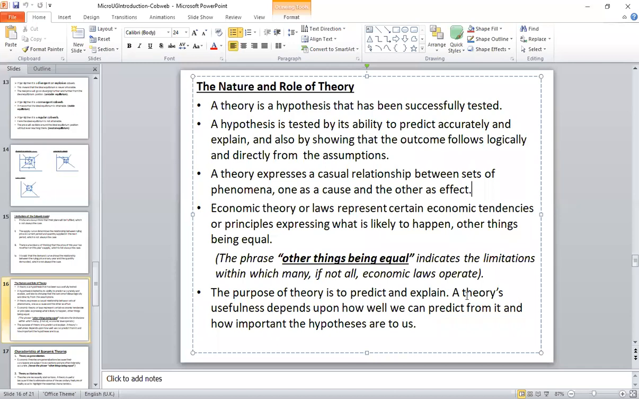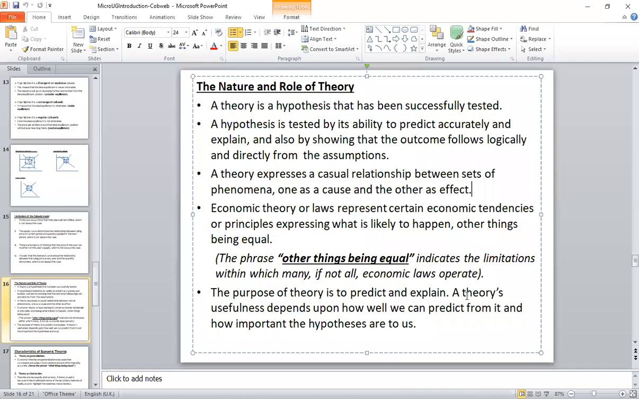Then you know that it has been successfully tested. Okay, it has been successfully tested. When you test it, the hypothesis has been tested, then it becomes a theory. How do we test? Like, for instance, you go